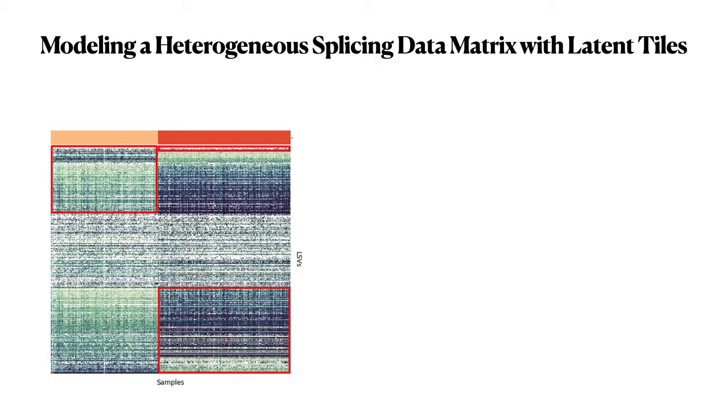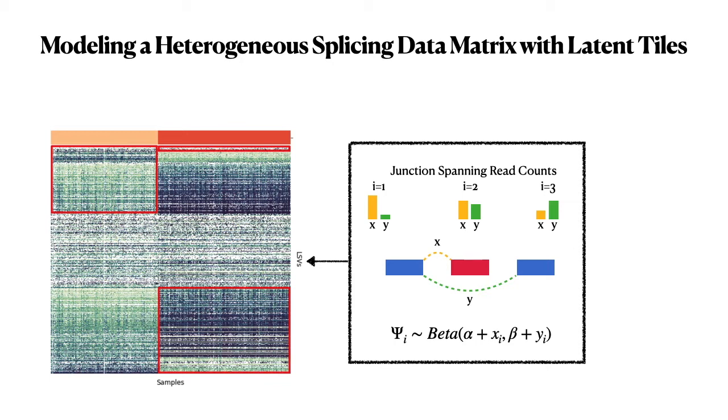Now, imagine a data matrix containing some measurement of interest extracted from RNA-seq. In the case of splicing data, each row is a splicing event, and the matrix entries are junction spanning reads that are mapped to a splice junction of interest. Splicing is typically quantified as psi, or percent splice in, which is a ratio of exon inclusion, and can be modeled as a posterior beta distribution with priors updated using the junction spanning reads.